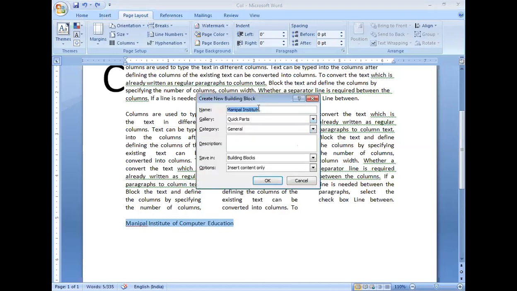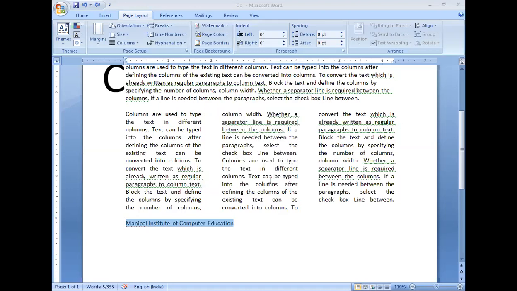It asks the name: on what name do you want to store? We want to store that Manipal Institute of Computer Education. Now you can give 2 letters or 3 letters. Now I'll give MICE over here. Make it OK. When you make it OK, the Manipal Institute of Computer Education will be stored in the abbreviation called MICE.